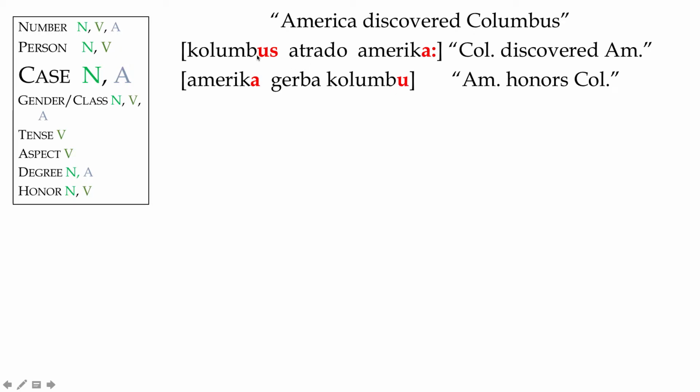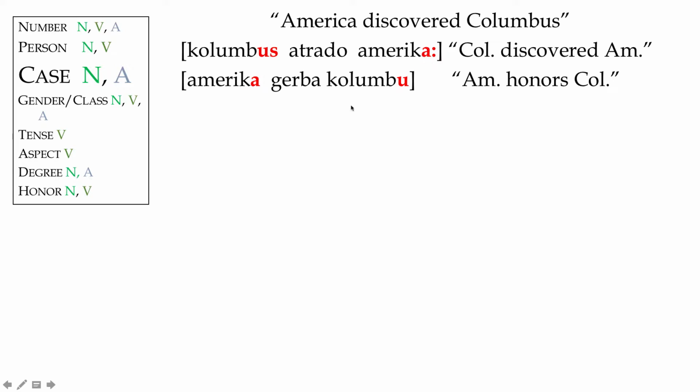This indicates that Columbus is the thing being done to. So these endings give a clue. America is the doer, now Columbus is the being done to. And this is the typical order. Well, because Lithuanian has these endings which do the work for you of telling the listener who is doing what